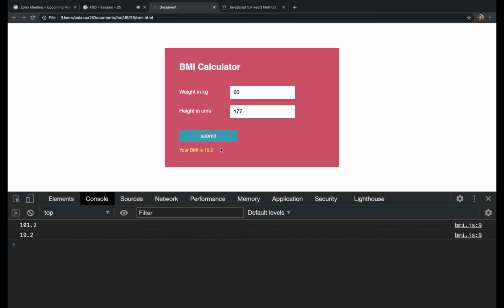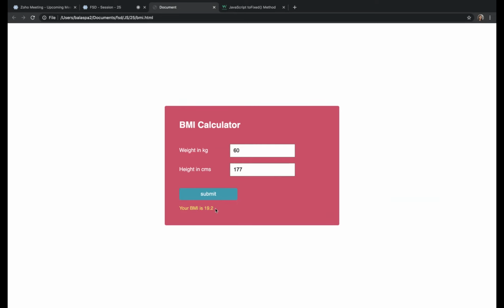If the value is between 18.6 to 24.9, you are normal. And then you need to check the condition. If the value is greater than 24.9, you just need to say you are overweight. So we just want to add this content here.